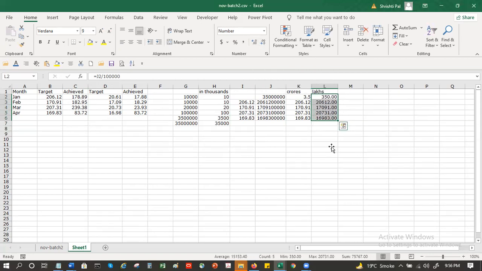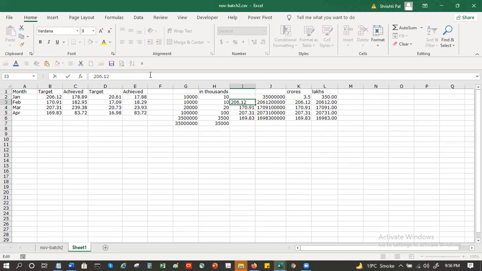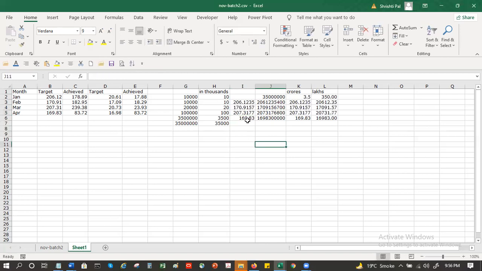2 decimal places. Now here, since these are in lakhs, these are all coming as zeros. Now in place of 20612, suppose I have this as 354, so I'll get 2 decimal places here. Now the question is, how does your data come?